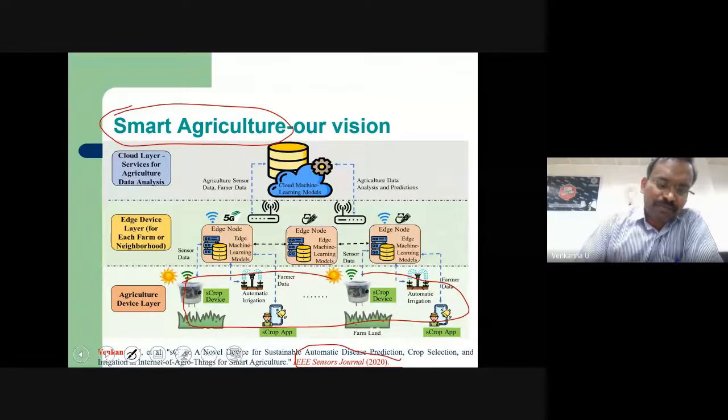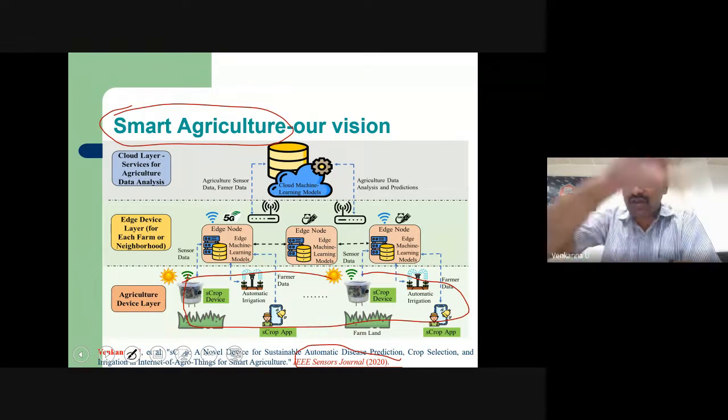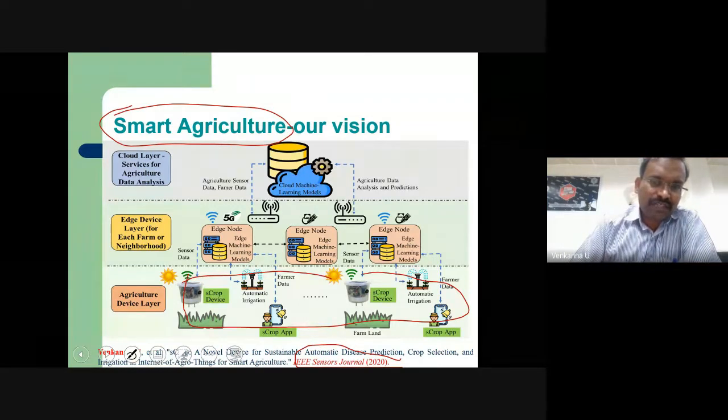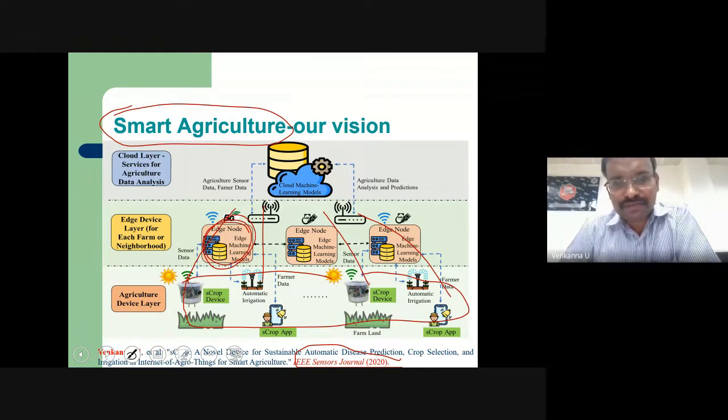We have demonstrated this at prototype level, which is why we use this communication protocol. Actually, we are supposed to use LoRa for long range applications. They sense and communicate to a gateway. But this gateway, we envisioned as an edge node, edge computing.